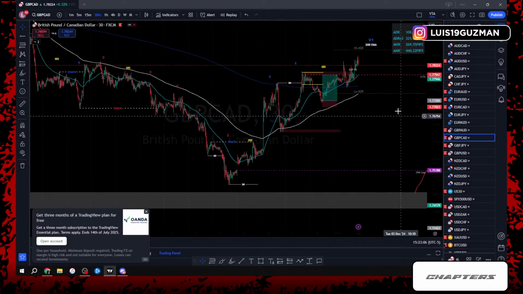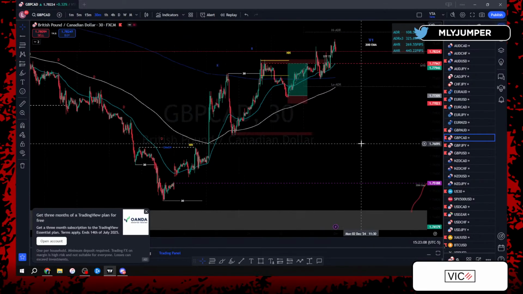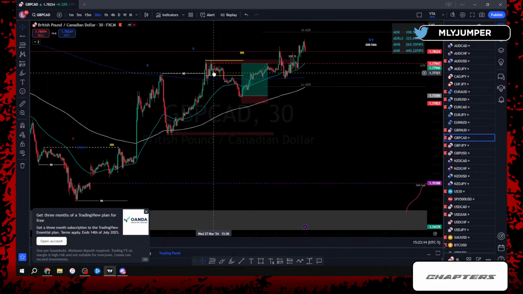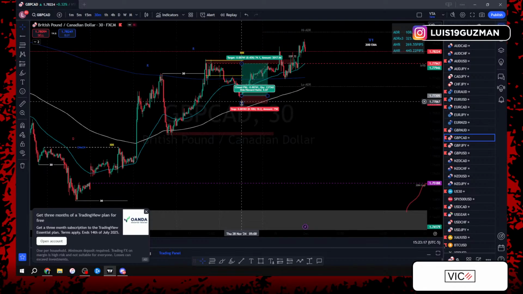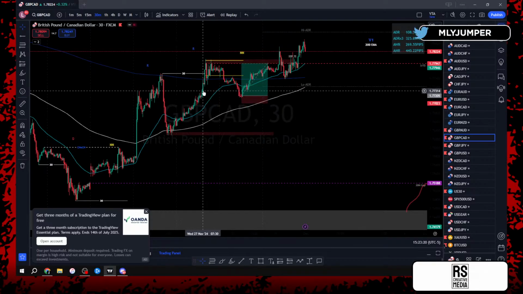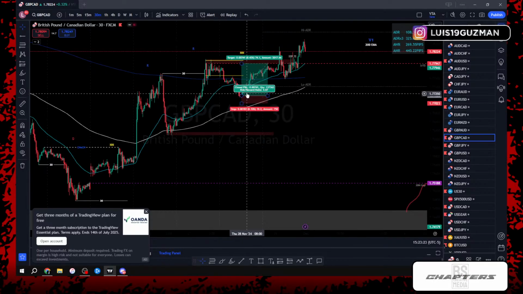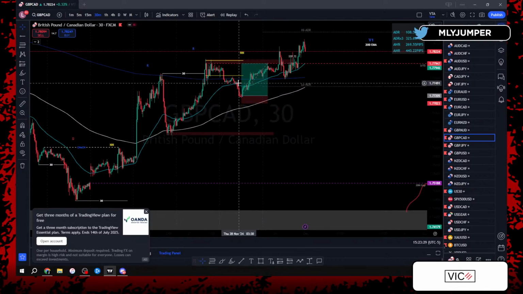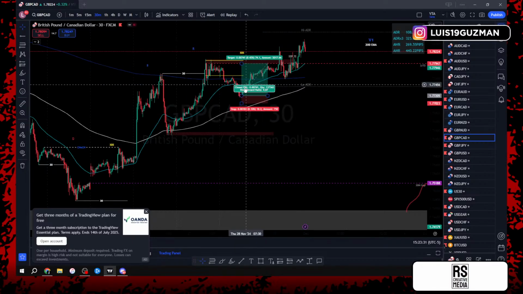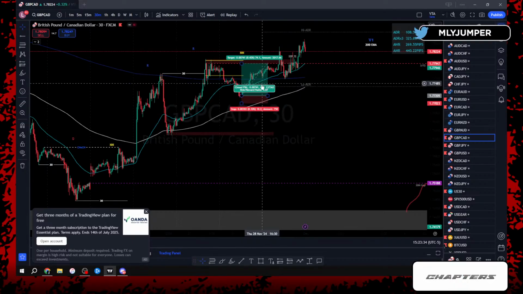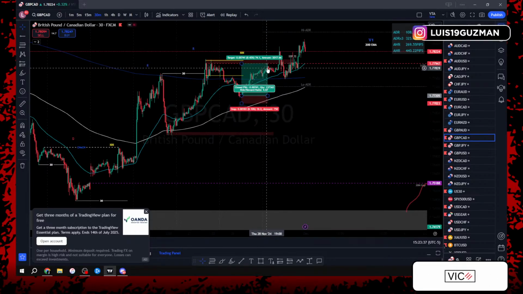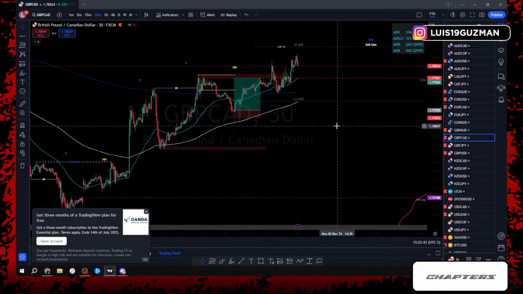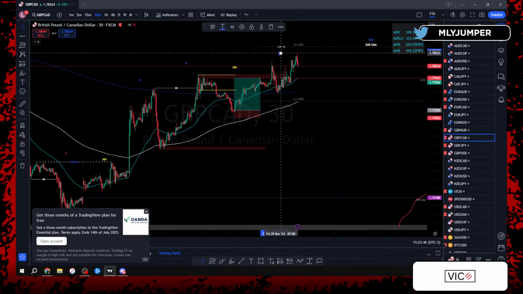Then on the 30-minute time frame, simple 372, right? We had the change of character, we had the break of structure on the second day. Second candle gave us a confirmation, gave us a pullback to the 50% fib retracement. That was the entry. Internal time frame as well gave us a nice little change of character, break of structure, gave us a nice 372. Now on Thursday I wasn't expecting price to give us STP or give us the push, so I just held the trade throughout the session, and then on Friday at the market open at 7 p.m. is when my TP was hit, right? And then price just continued. So was a pretty good trade, nothing too crazy.